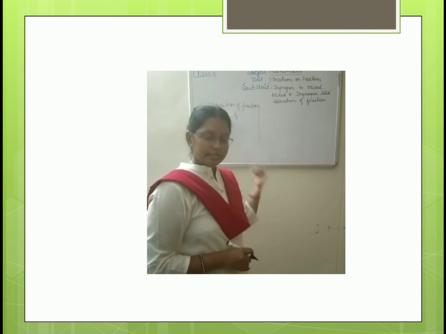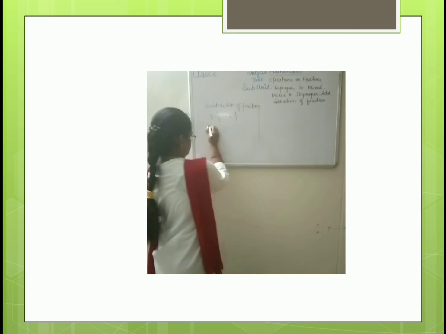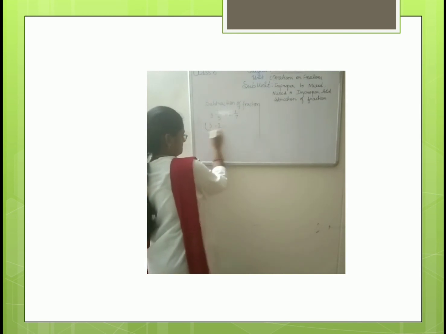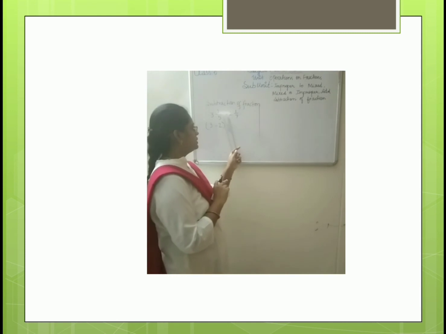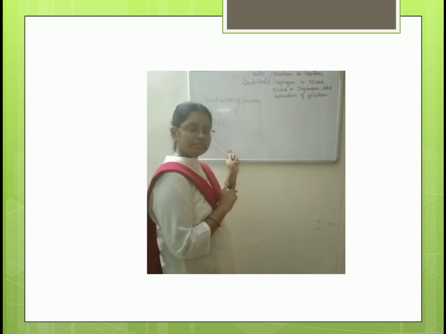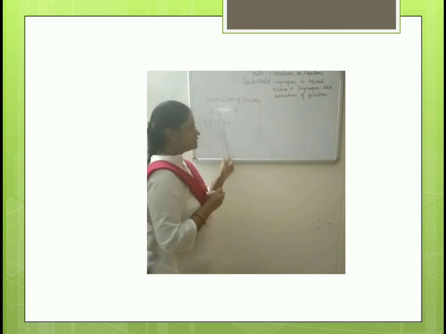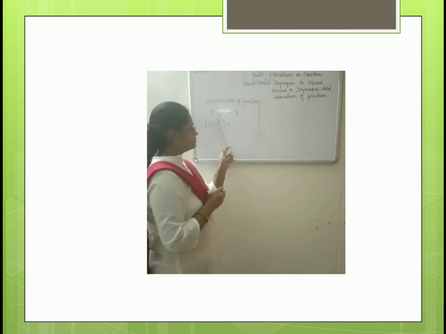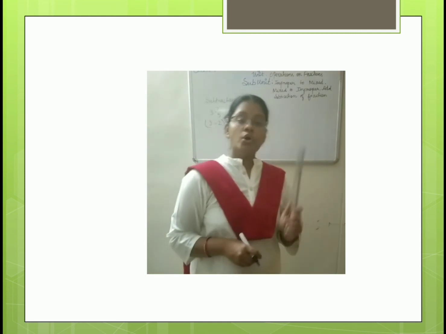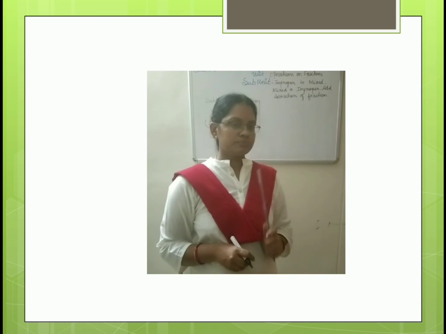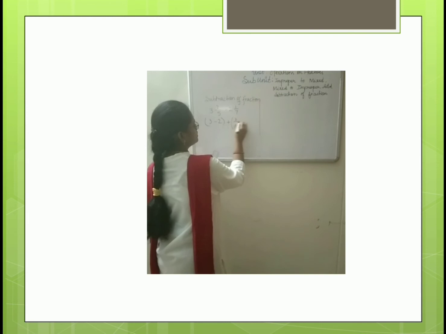3 minus 2. Here 3 is a whole number and 2 is a whole number. There we added, here we are going to subtract it. Plus, because why I am putting plus here, I am taking this fraction from the mixed fraction. As you know, mixed fraction is a combination of whole and a part of a fraction. So that is why I am putting plus 2 by 5 minus 1 by 7. 3 minus 2, 1.